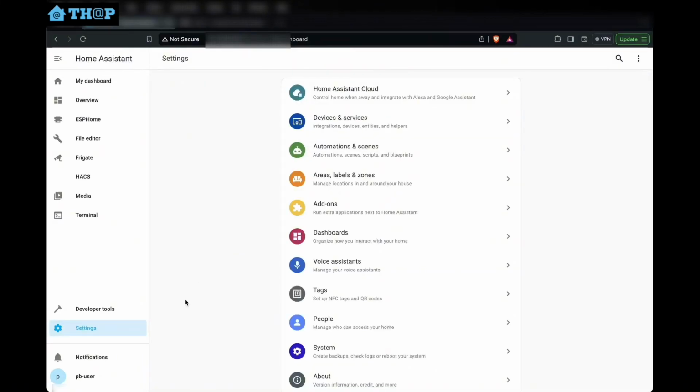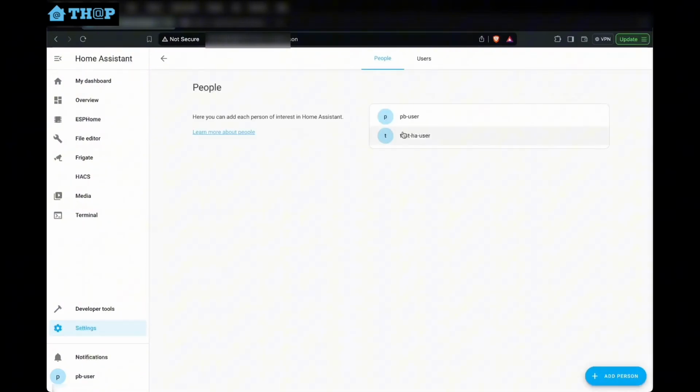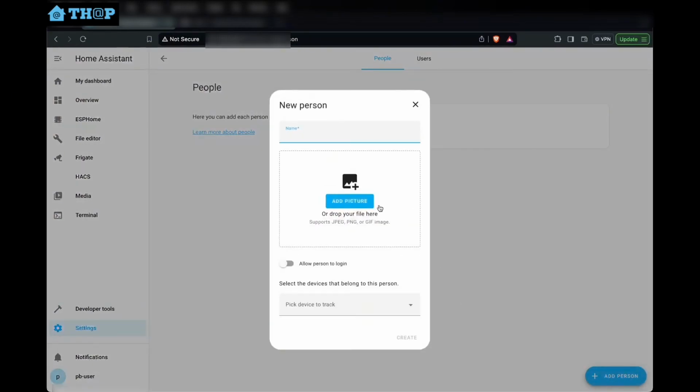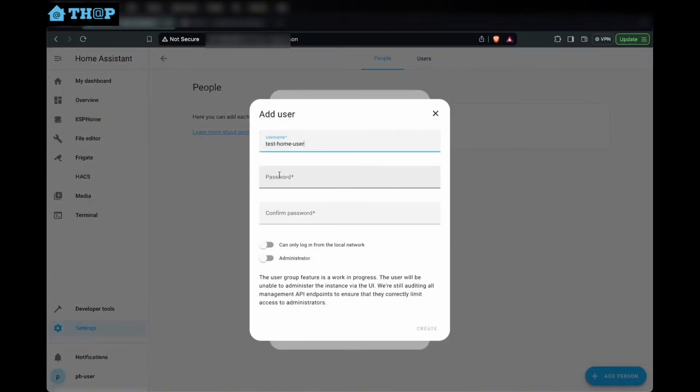One bonus tip: in case you have only one user of your Home Assistant and that user is an administrator, you might not want to access the mobile app using the same account. In that case, you can go to the people option and add a person, and here you can add a test user. Let's say test home user, and then you can say allow the person to log in, and you can give a password for this user to log in,